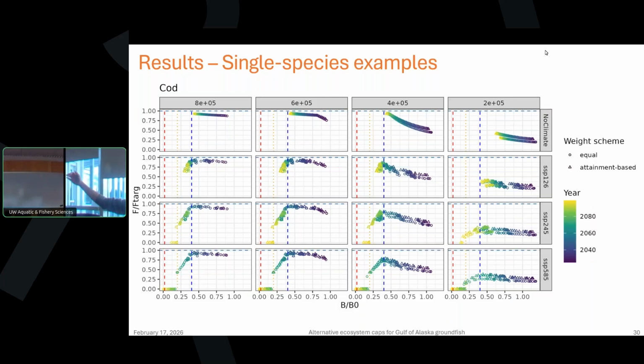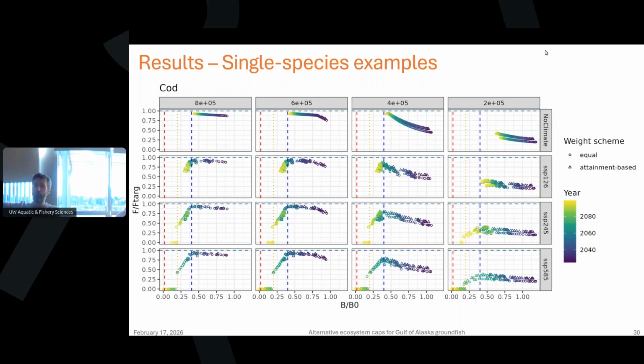Well, so when you're at B40, basically you're saying that you should be in the space of the plot below the original HCR, right? But you still have the cap that is playing there. So that's not the HCR alone. You still have the cap that is still constraining your catches. And so if you look at the bottom right,